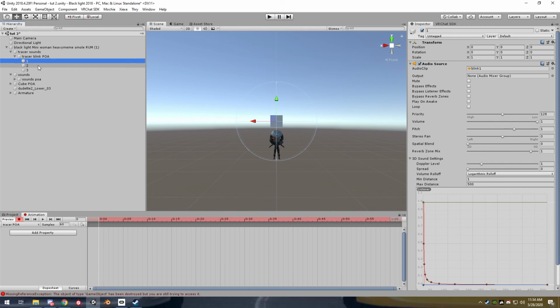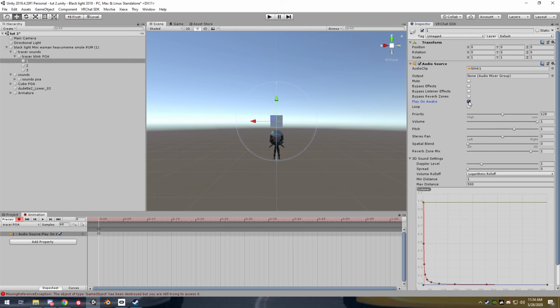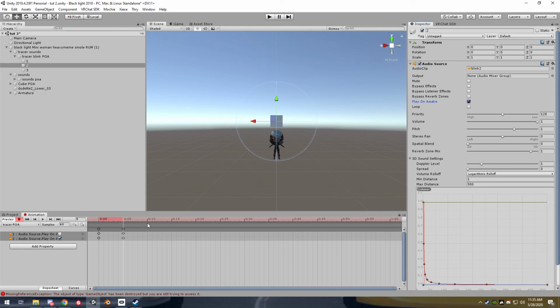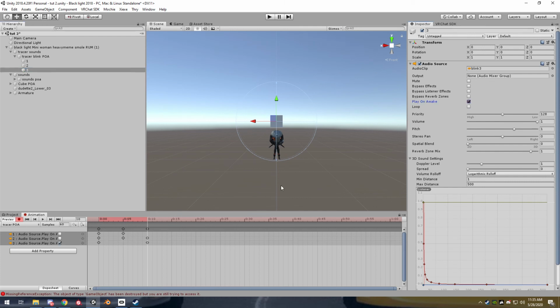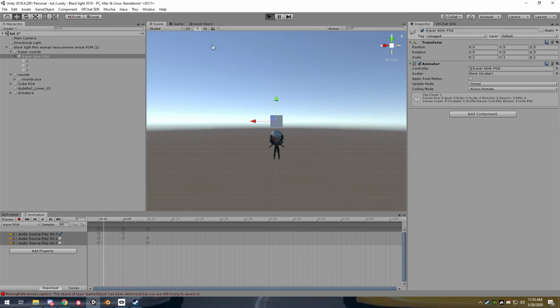Now normally what I do is go into here, and because these are all off, I say this is on. Let's say here it's off, but at the same time this turns on. Then when we get to here, this one's turned off, this one turns on. And then it just goes over and over again. Because this is looping, it's just going between all 3 of these. Then the next step is to hide these game objects. And then all you have to do is, for a test,